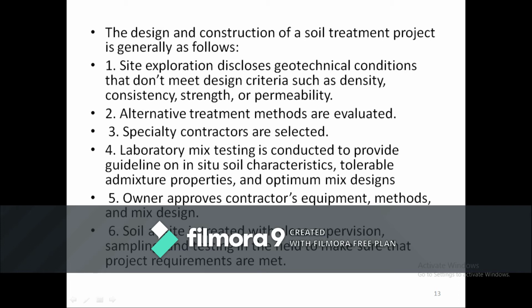All these are important, and the procedure we follow is given in the particular specification. One by one we need to follow them.